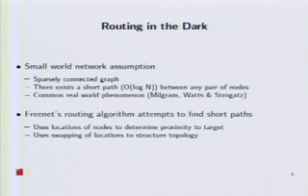So there is a theoretical basis for the Freenet routing protocol. It's based on small world networks. Since routing uses node locations to determine proximity to the data, the algorithm works best in small world networks, but it would work in any kind of network. And also, we need to know that Freenet uses location swapping in order to help structure the network and make the routing more efficient.